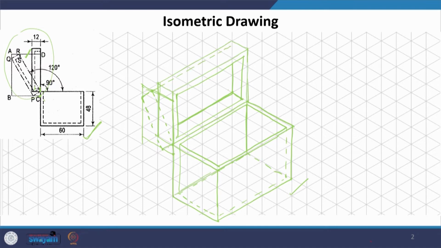This is the reference point, and this line is going to be parallel to this line. You could actually draw another line which is parallel. So, the fundamentals remain the same: parallel lines in the original object will appear as parallel in the isometric. So, we can actually use this to draw the rest of the lines,